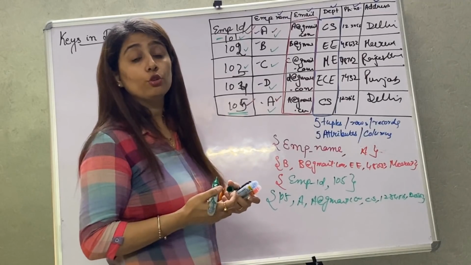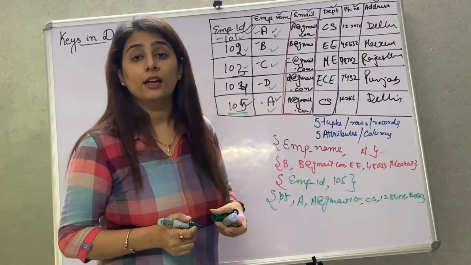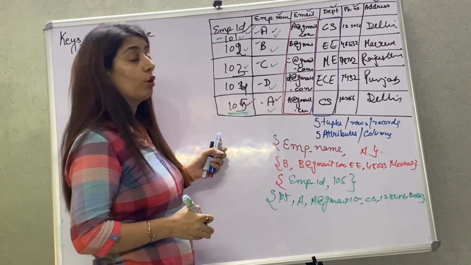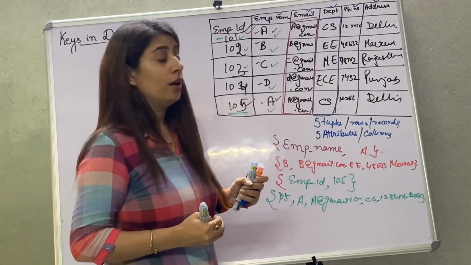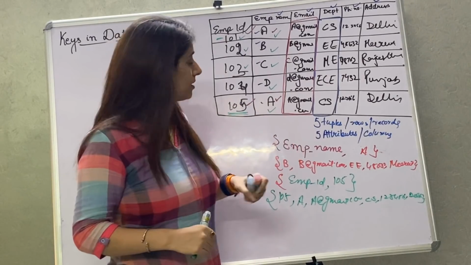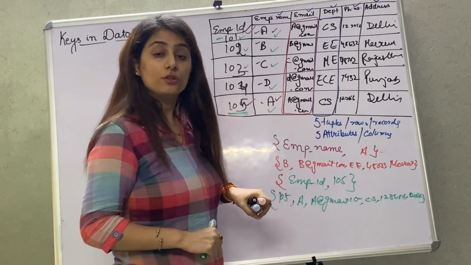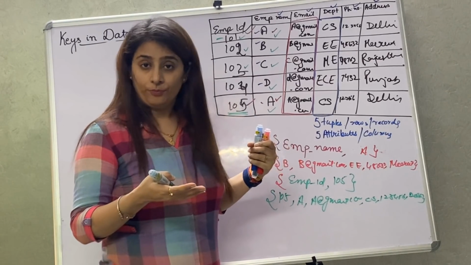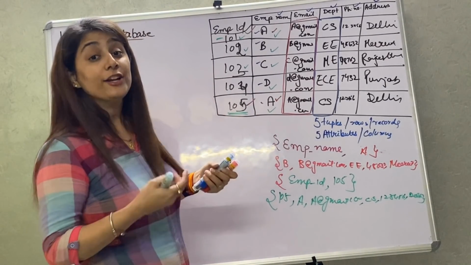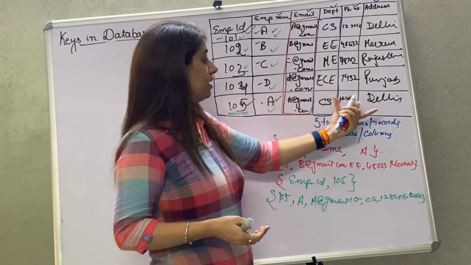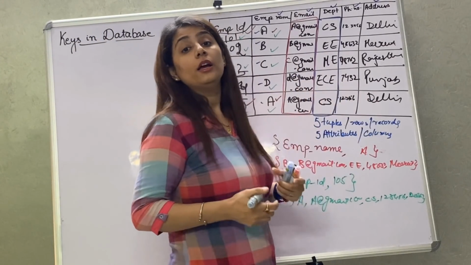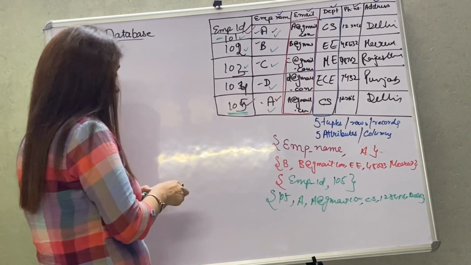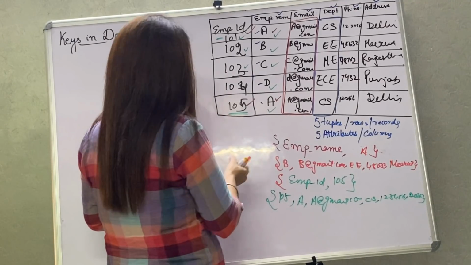Now let's see where we can apply the key. Till now you have learnt what a key is, why we need keys, tuples, attributes, and how to make the data unique. So let's check out of these which attribute can be a key. Let's try it.